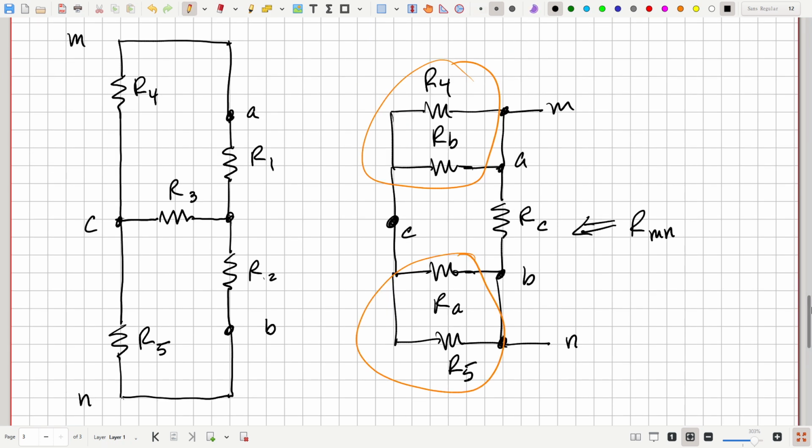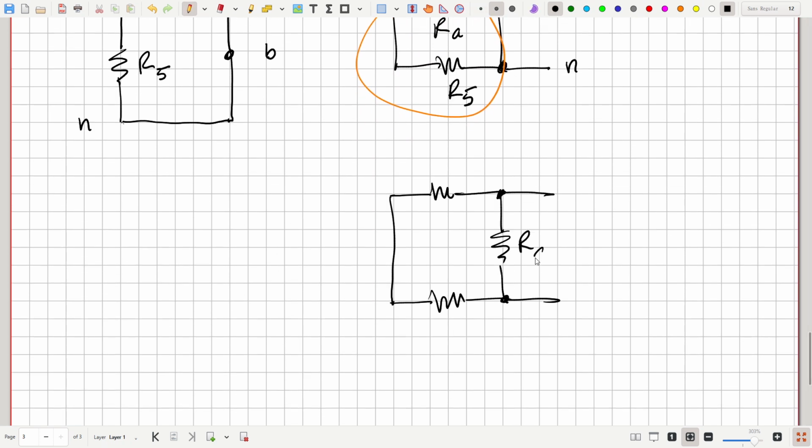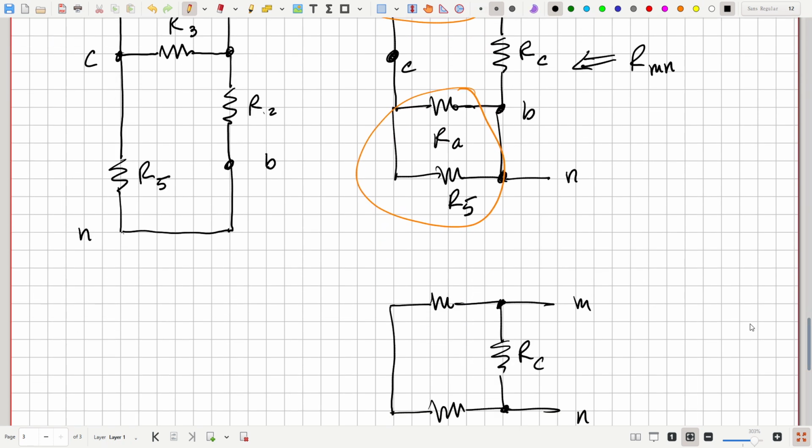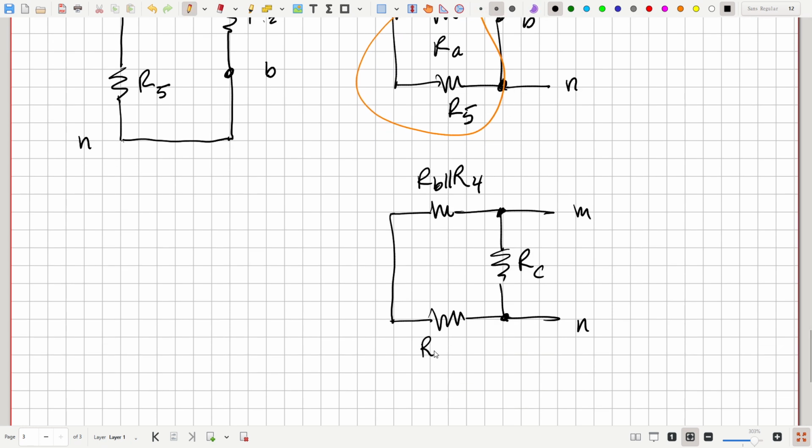Here's RC, M and N. And then up top, we've got R4 parallel RB, or RB parallel R4, either way. And on the bottom, we've got R5 parallel RA, or RA parallel R5. And now these are in series, and then that's in parallel with RC, so we can see now that our MN